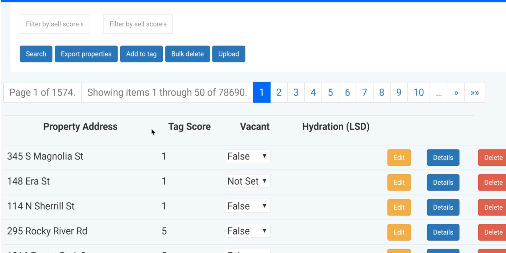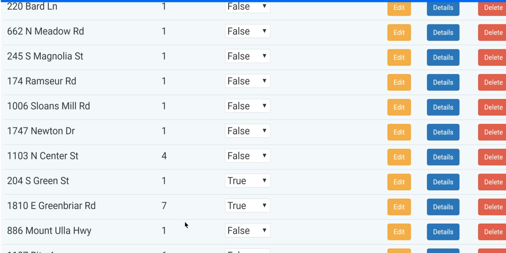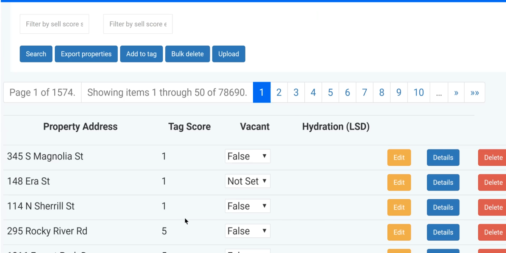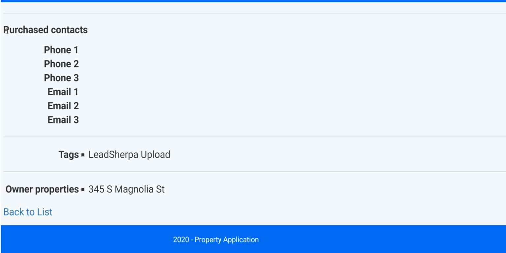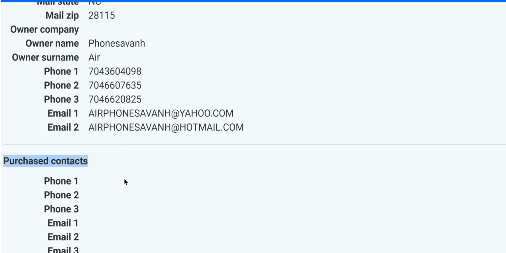The other thing was, as soon as we started looking at tag score, we could see that he's entered them in Lead Sherpa more than one time. So we threw in some filters and saw that he had a handful of properties that came in 9, 10, 11 different times. So with that, we can now just filter out the ones that have had many entries or a tag score that's high, and run a list hydration on it to see if the guy still owns the house. Inside our details tag, we also do skip tracing and can rerun the phone numbers to see if they're different from who